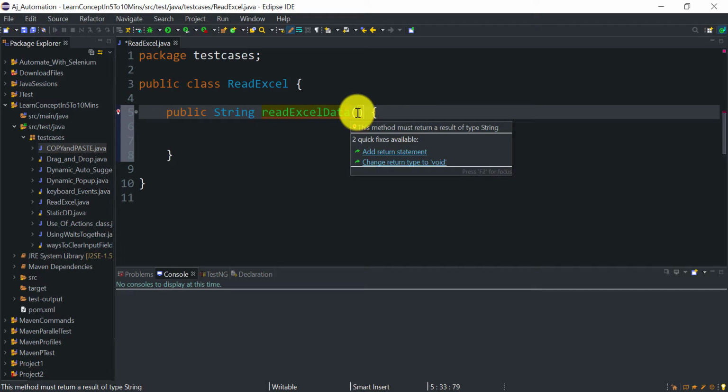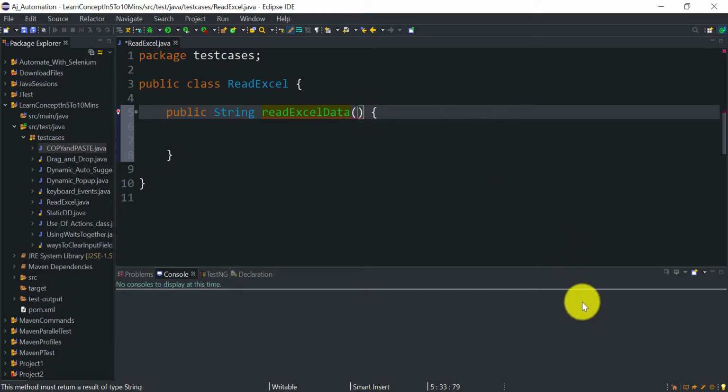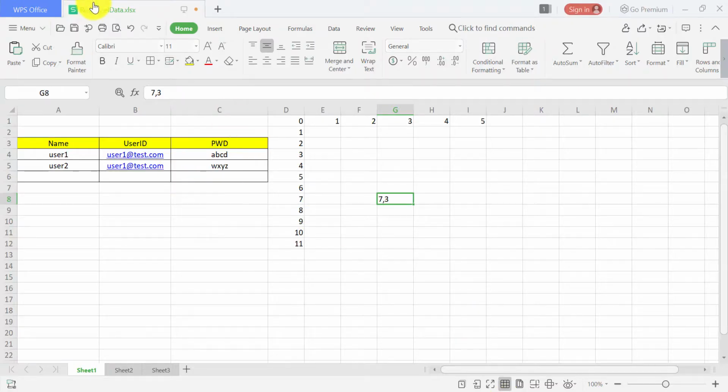Now, what arguments do you need to provide to this method? This method is going to read the Excel, right? So for reading Excel, you need to provide the Excel name that you want to read. This is the first argument. Then you need to give the sheet number, because in Excel there can be multiple sheets available, so you need to provide the sheet number that you want to read. Then you need to provide the row number and then the column number. According to that, that particular cell value will be read. So these 3 to 4 parameters we need to pass to our generic method.